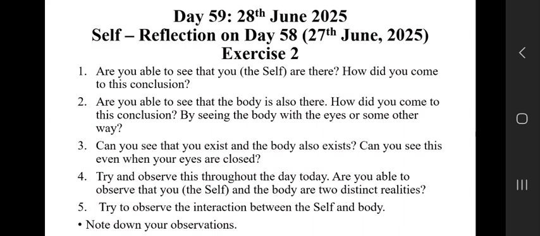So on the basis of needs, firstly, I feel that both are distinct realities. Second thing is activities as well. Whatever the thoughts, desires, expectations, these things are going on, whatever the conclusions I am making, the body has to do nothing with it. When I feel pain, the self has to do nothing with it. If I'm feeling itching, the self has to do nothing with it. If I'm feeling cold, the self has to do nothing with it. So I am able to see the things like this.